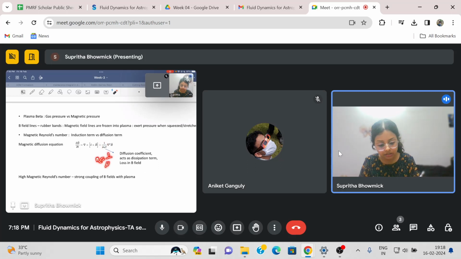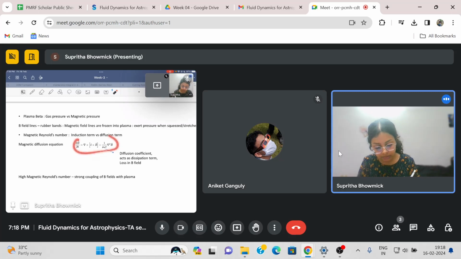Eta is this term that arises with the Laplacian of B. Now, this is something called the magnetic diffusion equation. This is of course not yet introduced to you. I've just put it here to